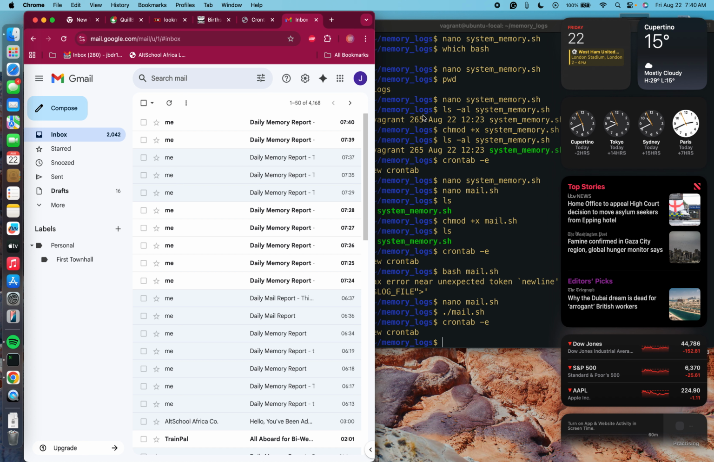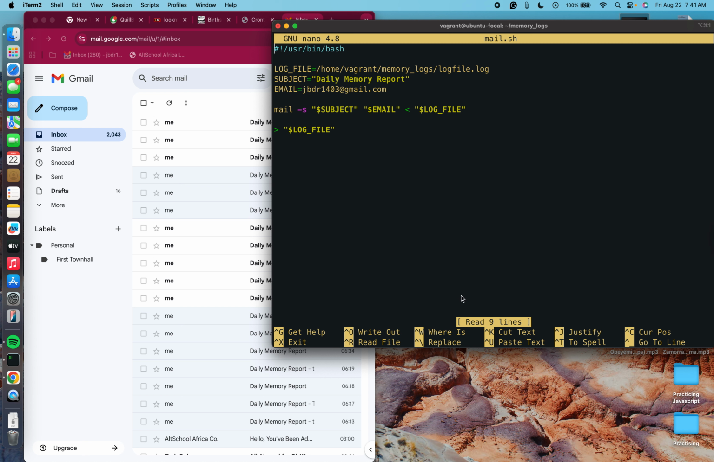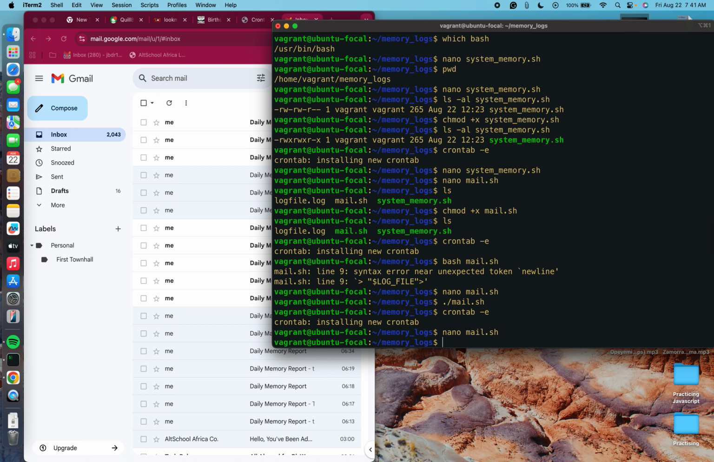So the third one will come in 5 seconds. 5, 4, 3, 2. Here we go. Can you see? 7:39, 7:40, 7:41, and that is how it will continue. You can imagine how many minutes there are in a day. So this is how to edit. No, I'm in the wrong folder. You say crontab